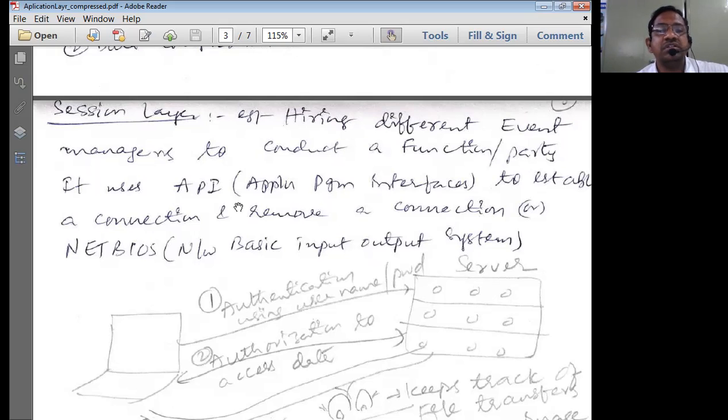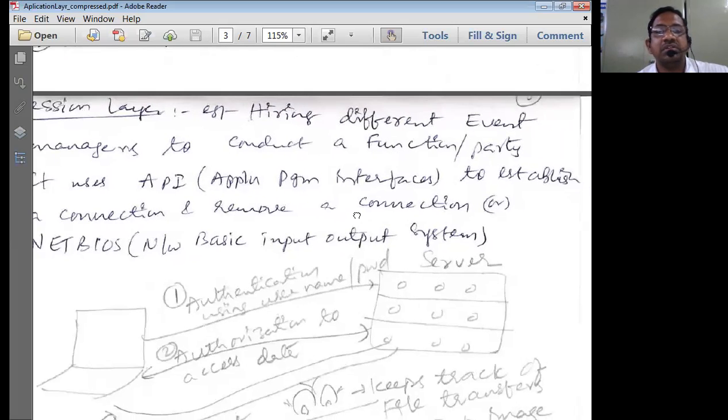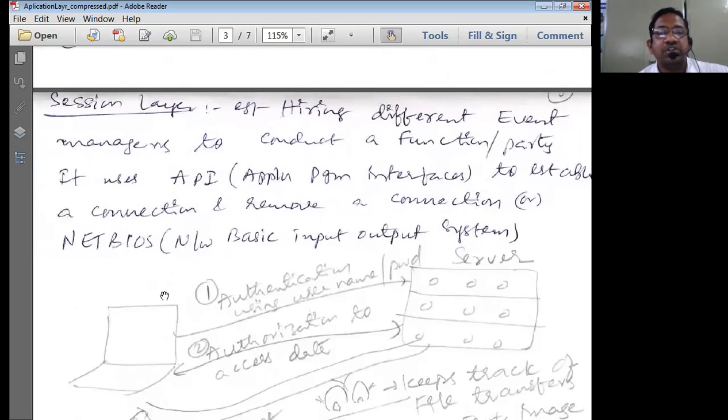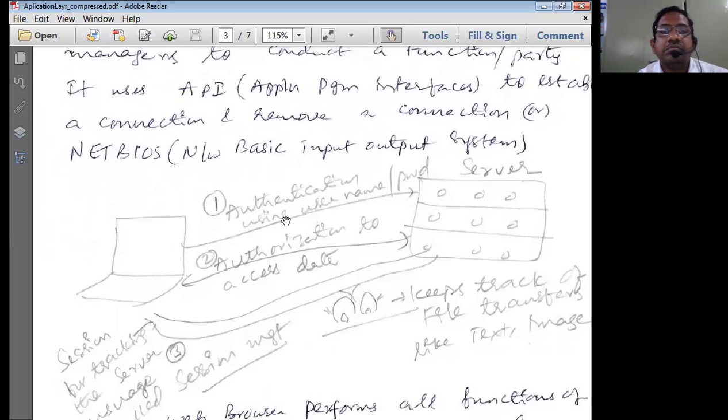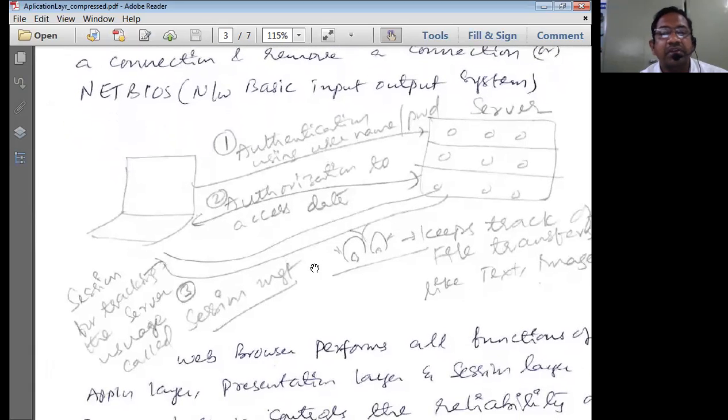Session layer uses the application program interfaces, like the event managers, to establish a connection and remove a connection to the destination computers. It uses NetBIOS, the network basic input output system, to perform these activities.